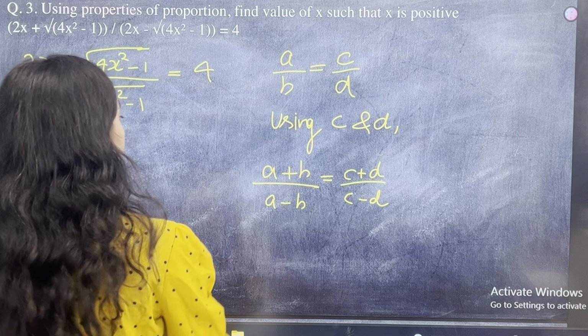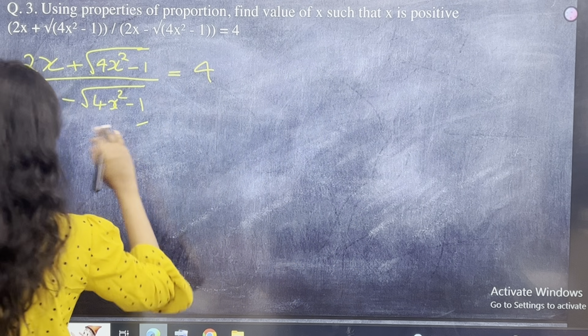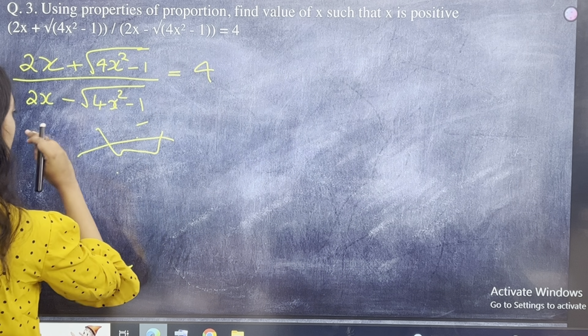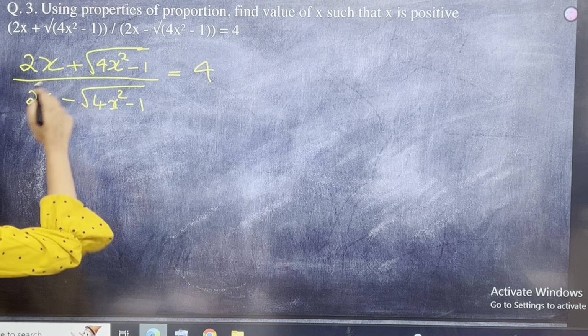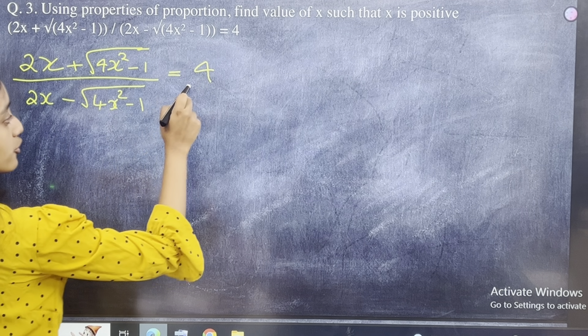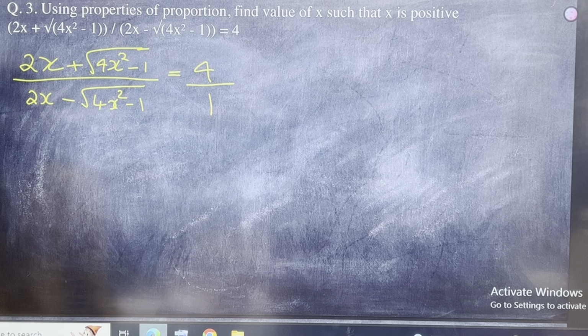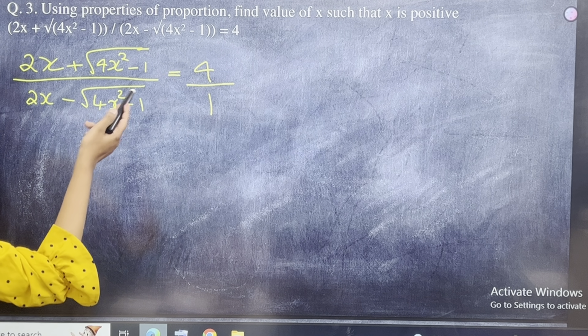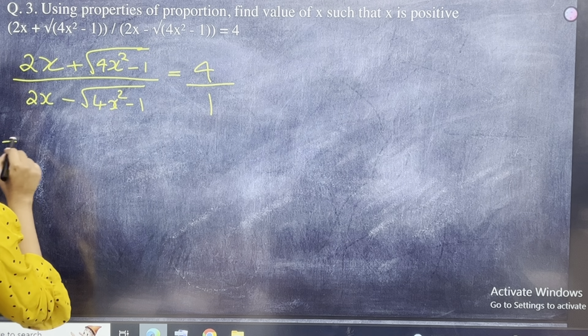So similarly, you can say that using componendo and dividendo, here (a plus b) by (a minus b) is equal to c by d. If you do not have a denominator, you can consider it to be 1. Correct? So therefore (a plus b) by (a minus b), I'll put an arrow like this,